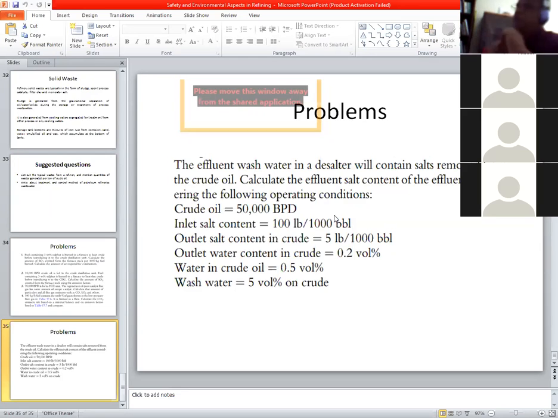Yes. Very good. Okay, so do that. Please let me know the answer: mass flow rate of effluent water. Do the calculation. I got 905,000 pound per day. 905,000, right? Please check again.